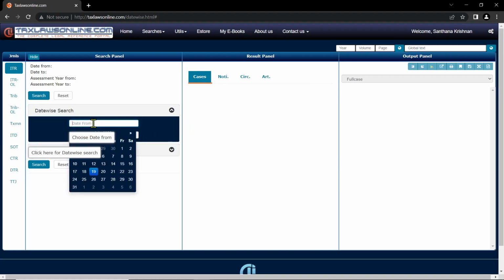To enter the date, you can either enter directly the date in the date format as day, month, and year, or after you click the date from text bar inside the date-wise search, a calendar will pop up just below that. For your easiness, you can directly select a date, and to select a month, you can